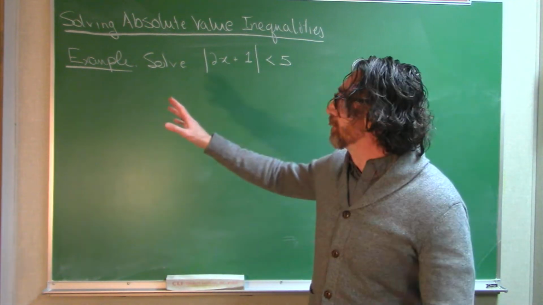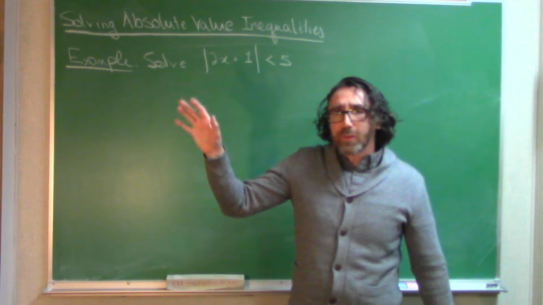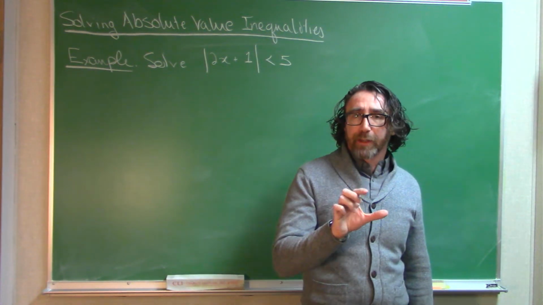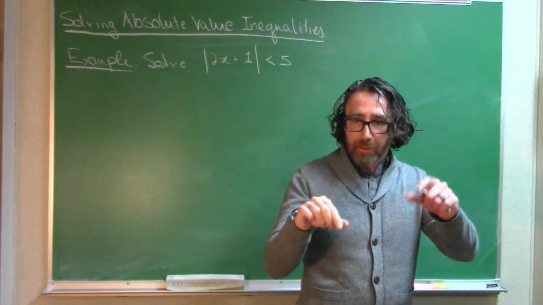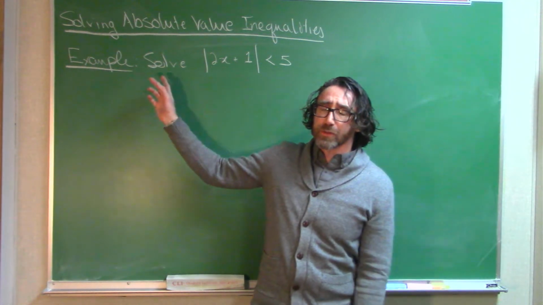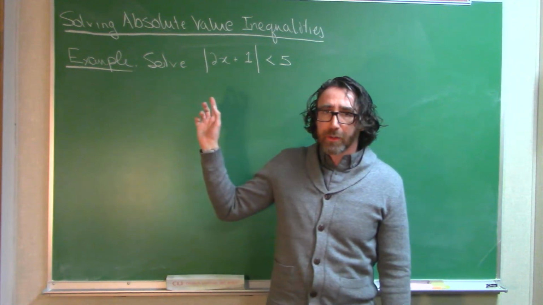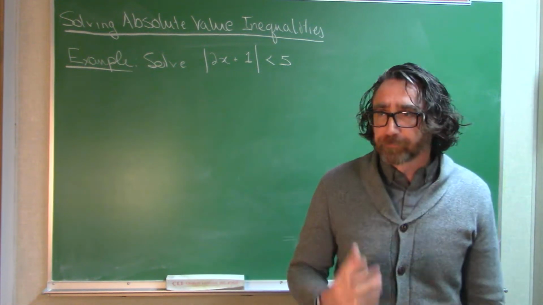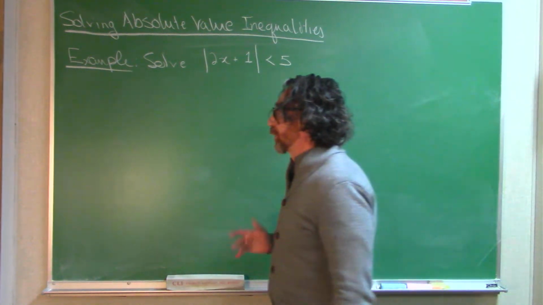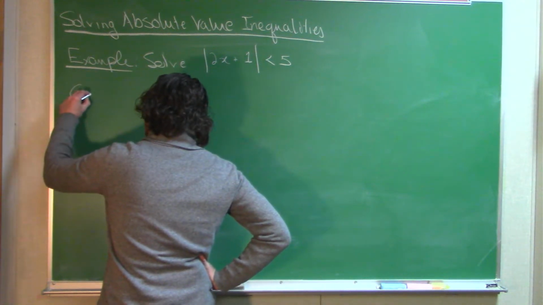Now, typically, the solution to an inequality will be an interval of x values, not a collection of just one or two x values that make this a true statement, but there's going to be a whole range of x values that work. Okay, so here's the general strategy that I like to use